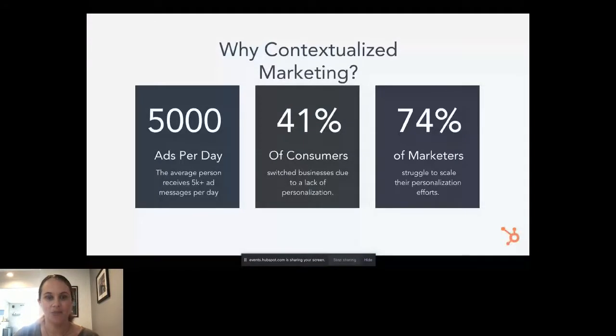So you might ask, why is this personalization important? And here's a couple of numbers to illustrate that.